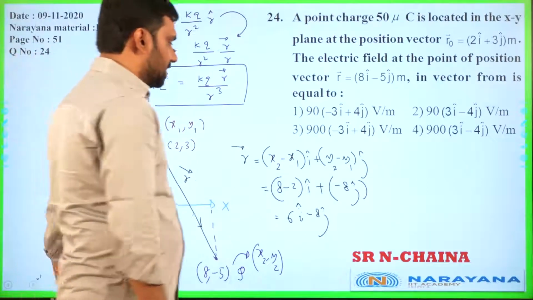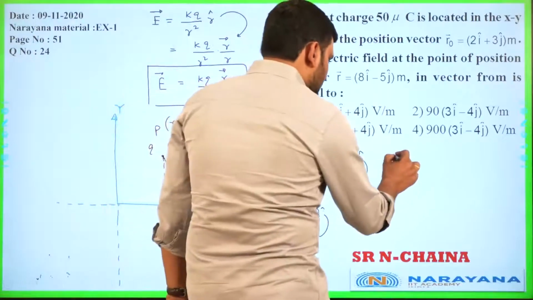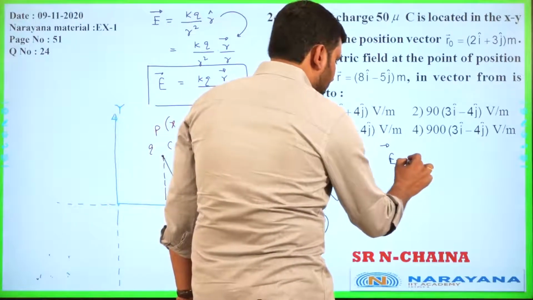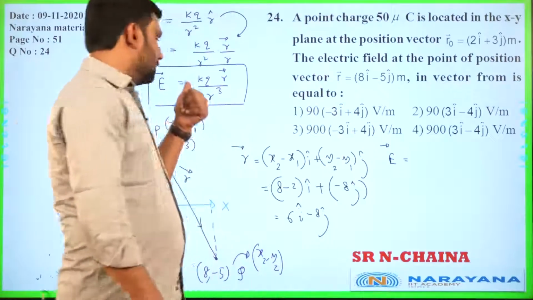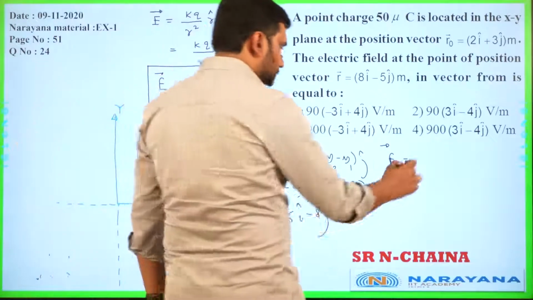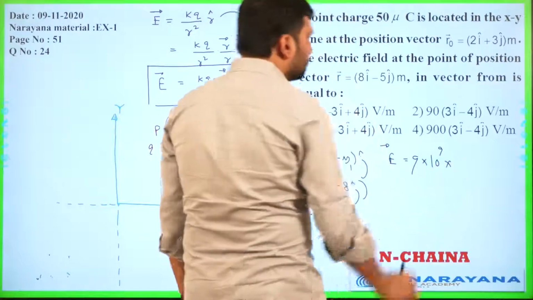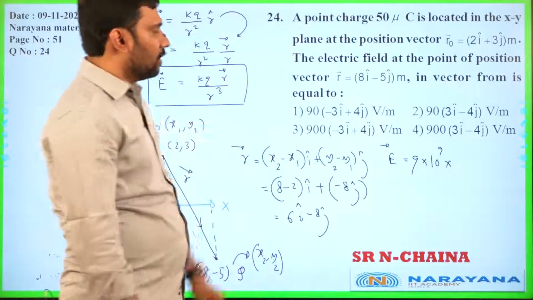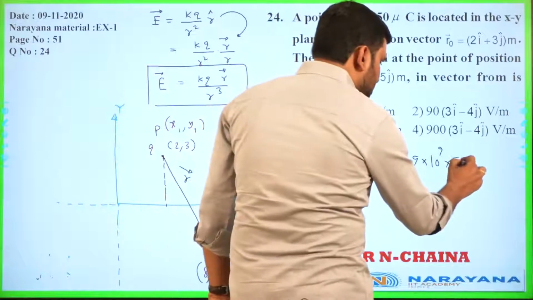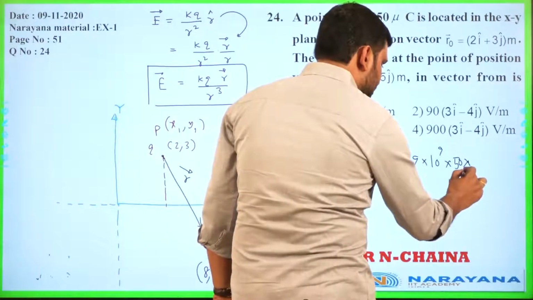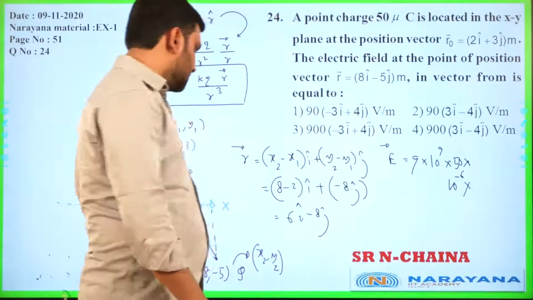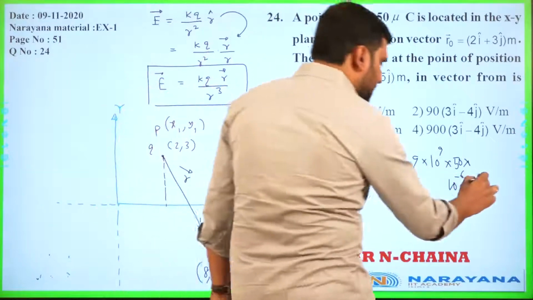This is the formula that is being given. So E vector is equal to, K value is 9 into 10 to the power 9, right? 9 into 10 to the power 9 into, charge is 50 microcoulomb. So 50 into 10 to the power minus 6 into this vector 6 I cap minus 8 j cap